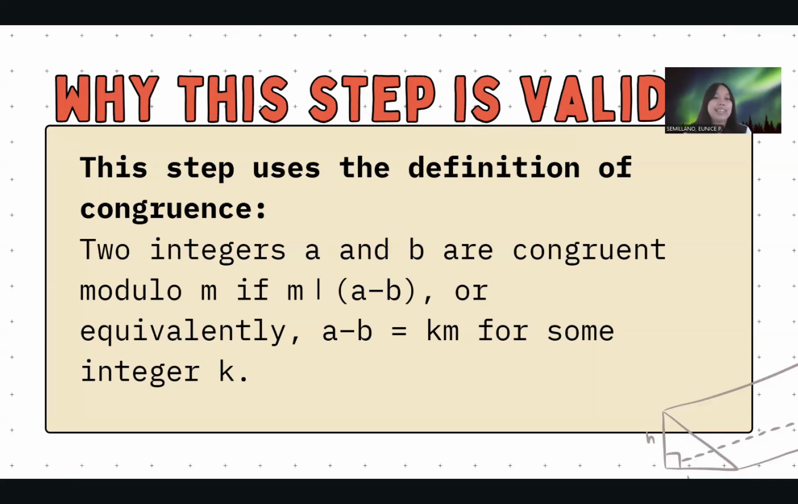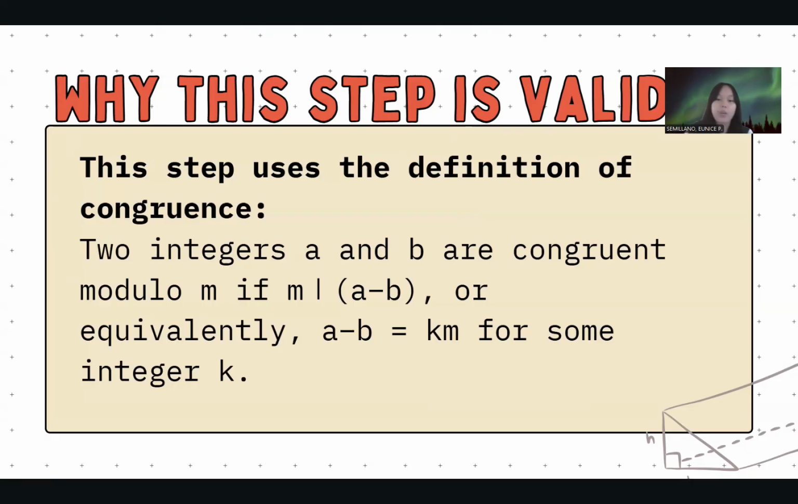So, why is this step valid? This step uses the definition of congruence. It states that two integers a and b are congruent modulo m if m divides a minus b. Again, I will read it. Two integers a and b are congruent modulo m if m divides the quantity a minus b, or equivalently, a minus b is equal to km for some